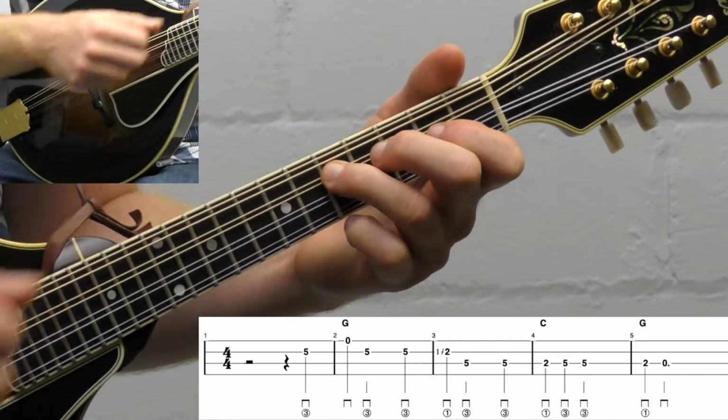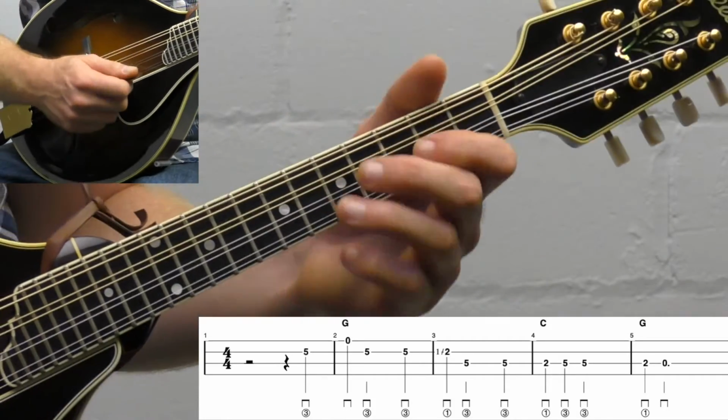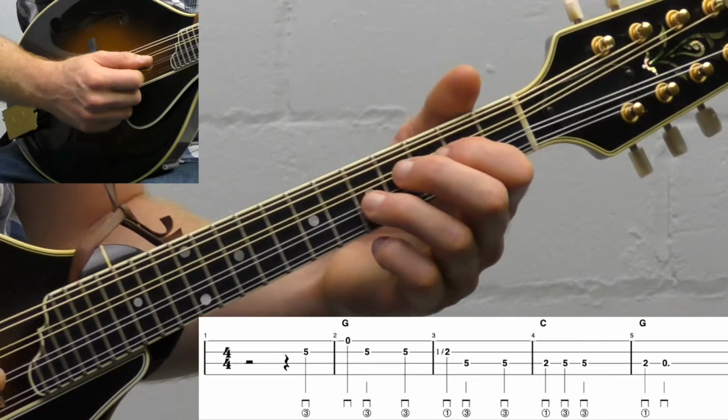And then I'm going down to the 5th fret, so I'm moving my ring finger down to the 5th fret of the D string. Let's just practice that melody. We're going to play that a few times. So,